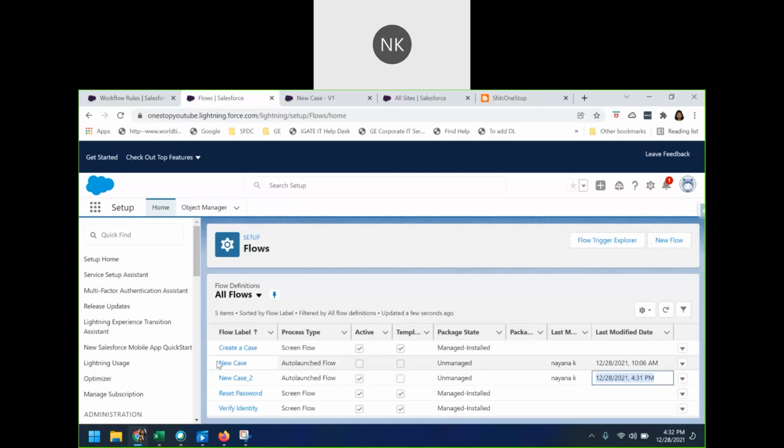And if you recall, I mentioned when I tried to verify this particular feature, I clicked on it, so new case got created. Because I did not do anything, it is just sitting in my flows. If you want to delete it, you can easily go ahead and delete that specific flow. So that's how you can migrate the existing workflows to flow. So this is a very interesting feature which is provided by Salesforce, and also since workflows is being deprecated, it is really recommended for every one of us to migrate all our existing workflows to flows.